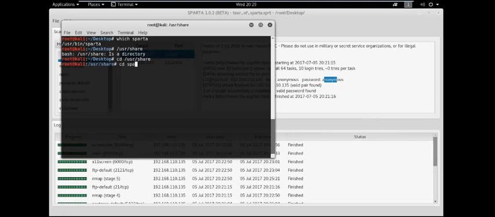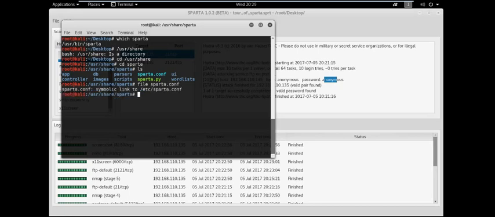And then Sparta. And what I'm looking for is sparta.conf. This is going to be your main configuration file. And if I do a file on that, see, it's a symbolic link to